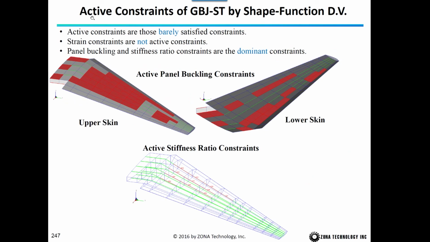And finally, we want to look at the active constraints. Active constraints are those barely satisfied constraints. Strain constraints are not active constraints. Panel buckling, shown by the brown color of the panel, and the stiffness ratio constraints are the dominant constraints. Okay, this is the end of the